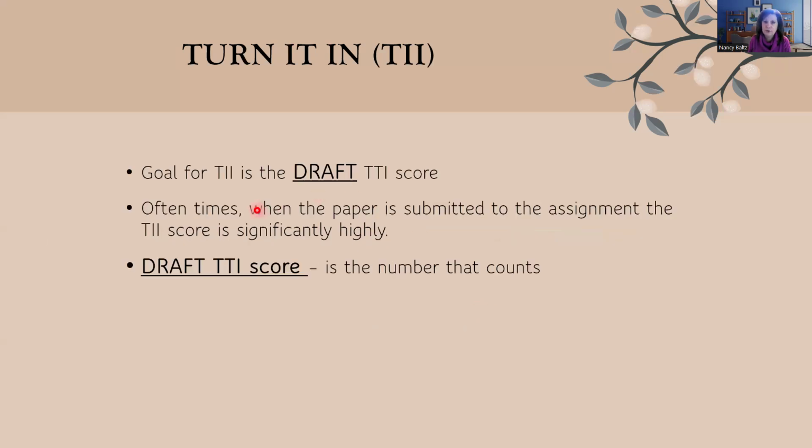So the goal for the Turnitin draft score is less than 25%. So remember, oftentimes when the paper is submitted to the assignments, the draft score is higher, but it is the draft Turnitin score that is the number that counts. If you have any questions, I will remind you of that because I have to keep an eye on it